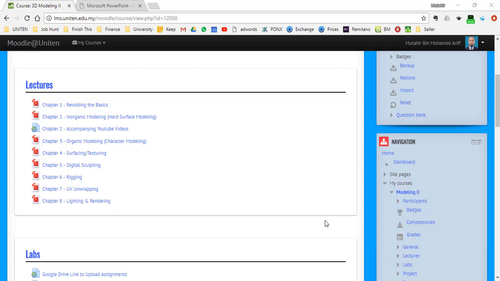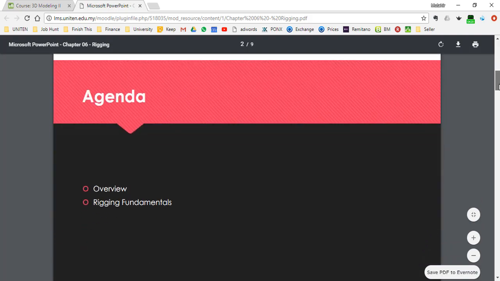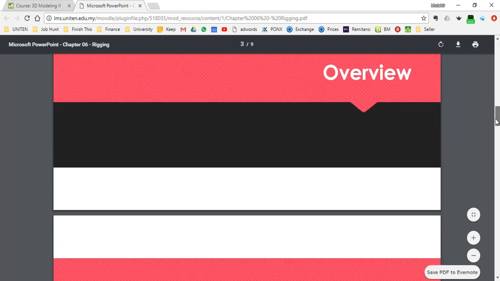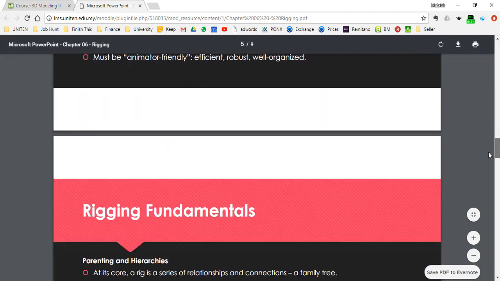Alright, hi everyone. So we're talking about rigging here. This is actually from chapter 6 rigging, and you can find the lecture slides here. Chapter 6 rigging. It's good to really go through this, just read through it, just to understand the